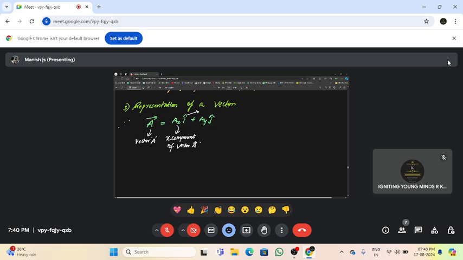Okay, so in physics, instead of saying x, y, and z axis, here we would say i, j, and k. Generally in maths they use the notation of x axis, y axis, and z axis. But here we'll be dealing with i, j, and k, where i is the unit normal vector or unit vector along x axis. Similarly, j is the unit vector along y-axis.